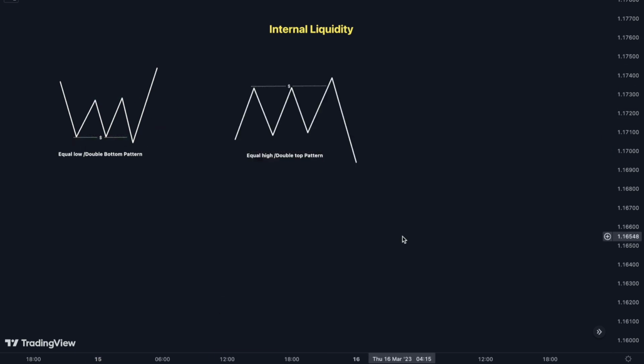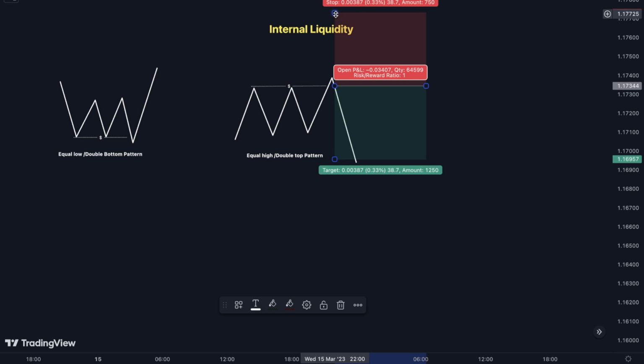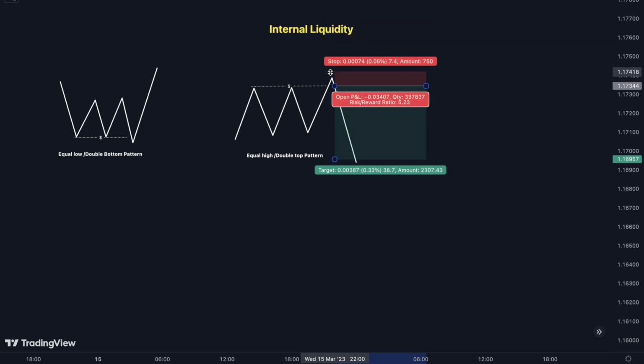So the second one is equal high or double top pattern, quite similar to the previous one. It is also a reversal pattern. As you can see here, there are stop losses, there is liquidity above this area and there is liquidity below this area. So the market will sweep both the areas. And if you have to trade this, you will probably wait for rejections above this area, then enter your trade with some confirmation over here. Put your stop loss above the previous high that is made,